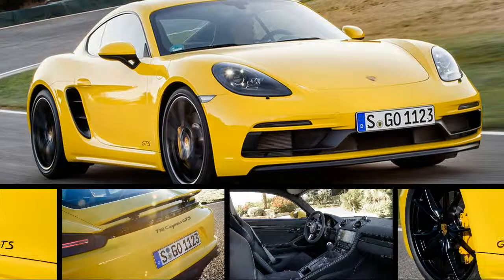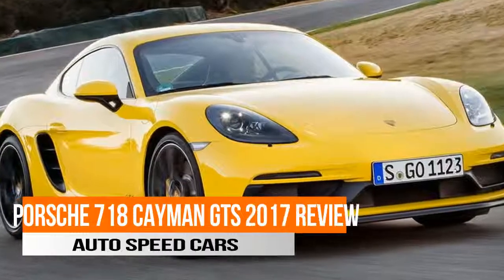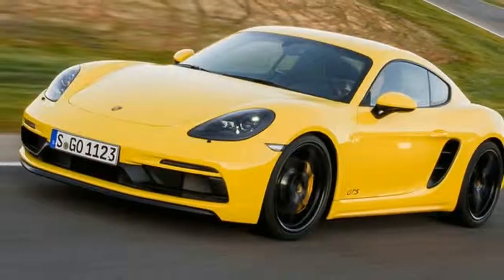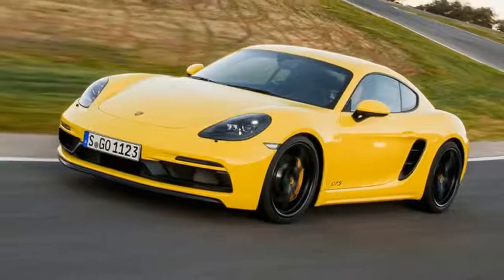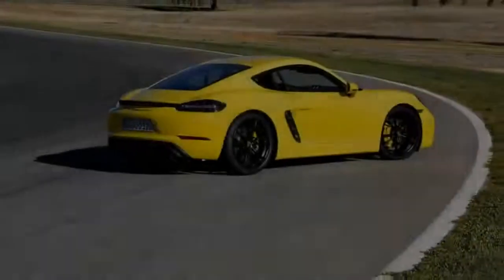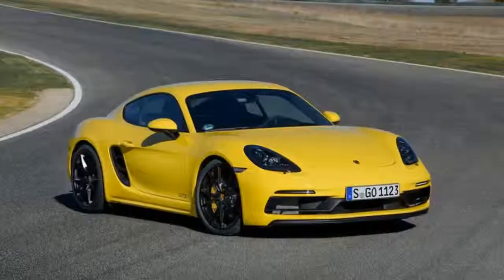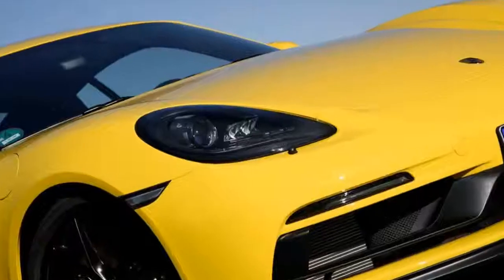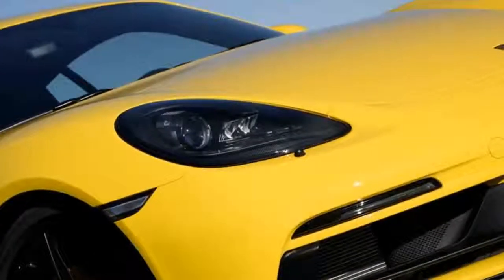You'll be familiar with the premise of Porsche's GTS models by now. Take any car in the range, add the options most buyers opt for anyway, tickle the power output and charge less for it than it would cost to add the options individually. Oh yes, and don't forget some natty new wheels and black detailing. Familiar it may be, but the GTS models are consistently successful too, adding additional dynamism and performance to already potent